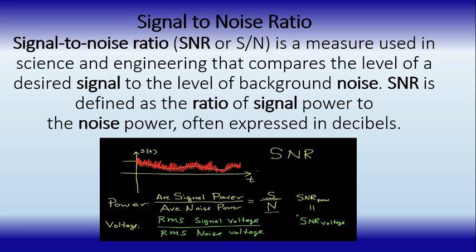The fifth one is signal to noise ratio. Signal to noise ratio (SNR) is a measure used in science and engineering that compares the level of a desired signal to the level of background noise. Students, it is a ratio of signal power to noise power. These two values are divided, and the answer tells us how much error exists in the transmission media. The unit of signal to noise ratio is dB. This shows the quality of data transmission.